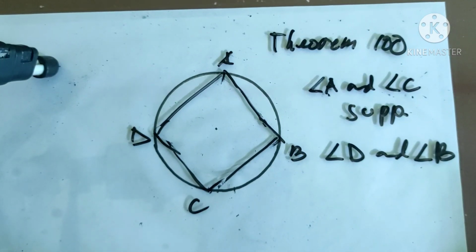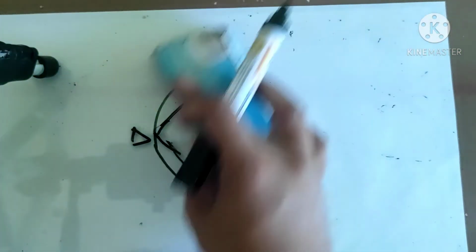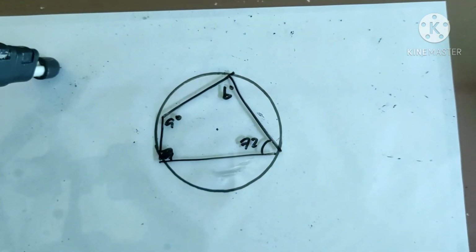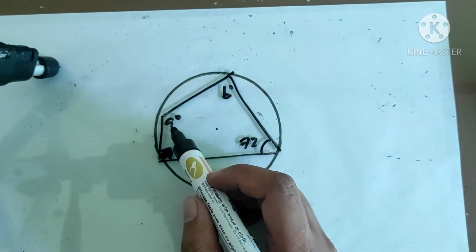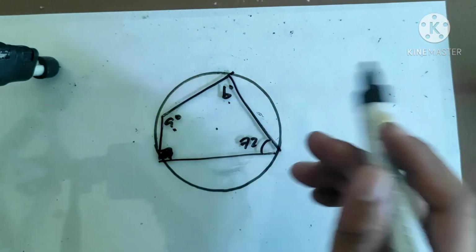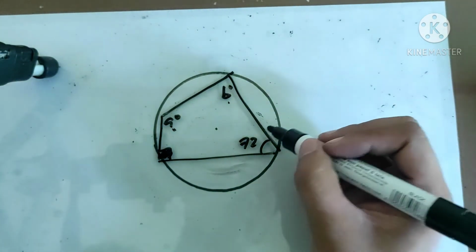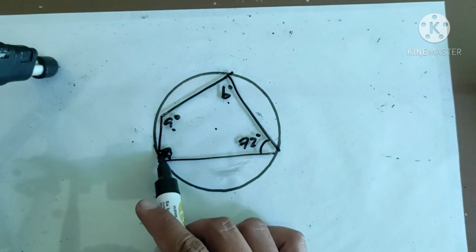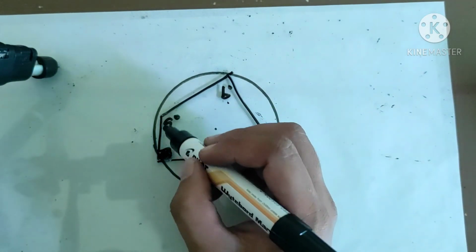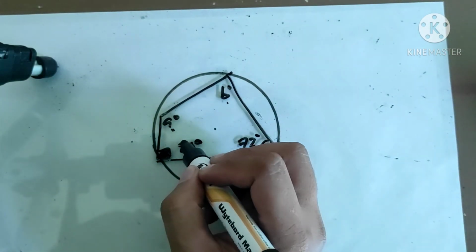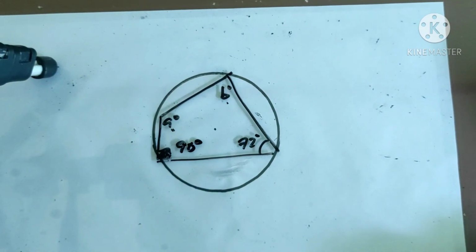Okay. For example, we have this inscribed quadrilateral, no? And then, hinahanap natin yung measurement nito at saka nito. So, missing si angle A at saka si angle B. Ang given lang is 72 degrees and then this right angle, which is 90 degrees. Okay? So, para makuha si angle B,